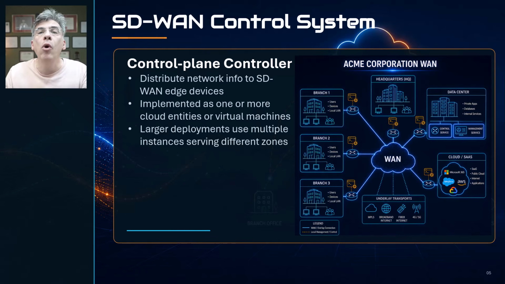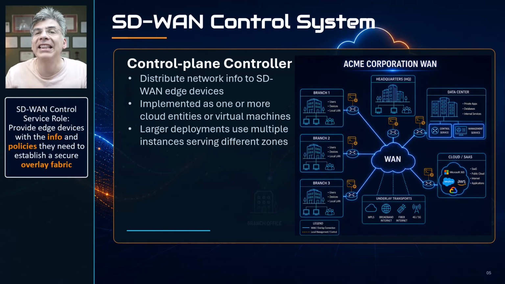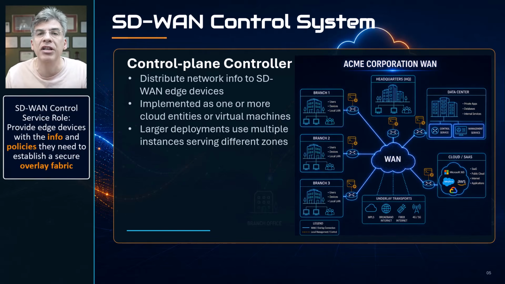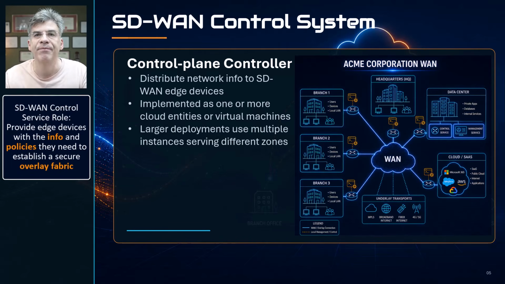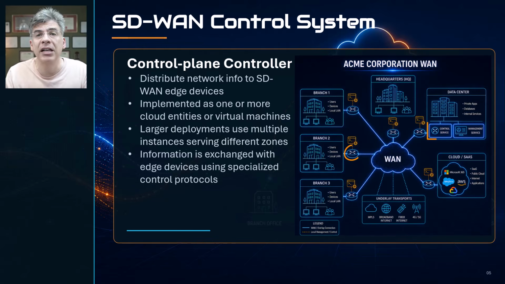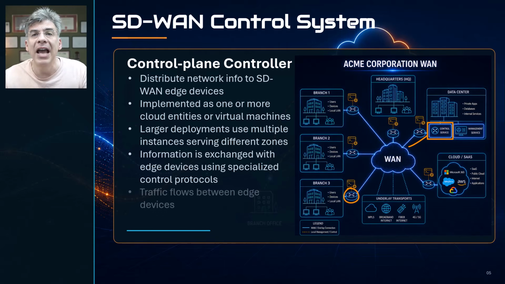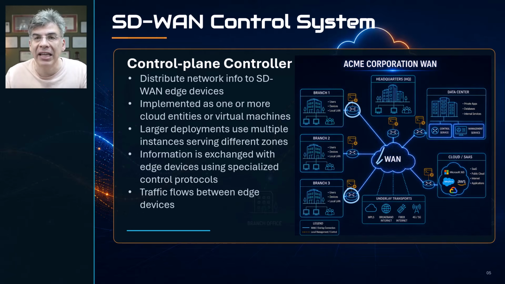However, the general role is the same: to provide the edge devices with the information and policies they need to establish secure overlay tunnels and make forwarding decisions. Now, this function is performed by the controller by exchanging information with the edge devices using specialized SD-WAN control protocols. We'll talk more about how this is done in a future video. For now, it's enough to know that once the edge device has learned its information, data traffic flows directly between